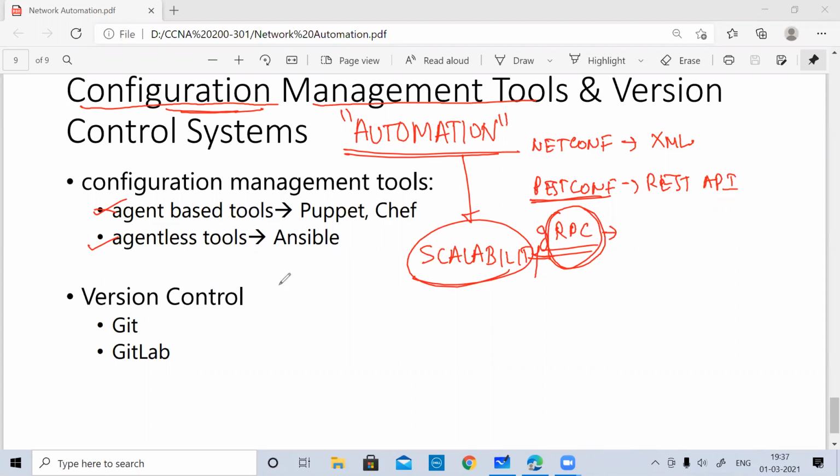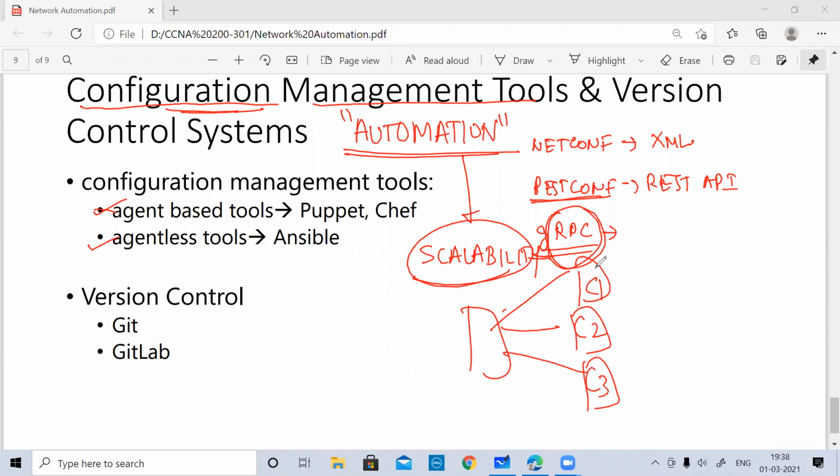The agent based tool means what? You've got to install the agent on those systems. Like I just talked about SNMP, that there was an SNMP manager and an SNMP agent. An SNMP agent we've got to install over the system. Then only we can start the configuration or the communication. So when we are talking about agent based tools, you have one server and there are multiple clients, let's say connected to this: client 1, client 2, client 3.